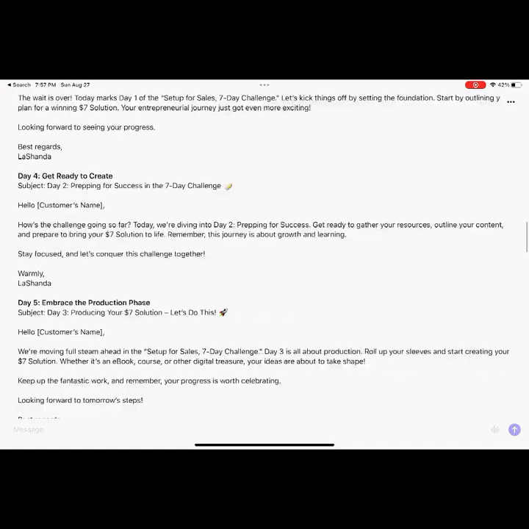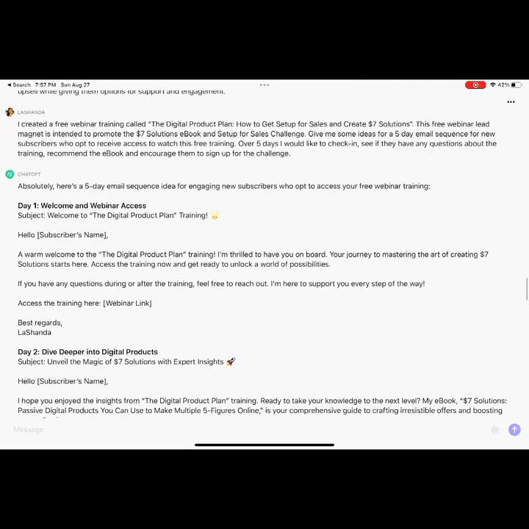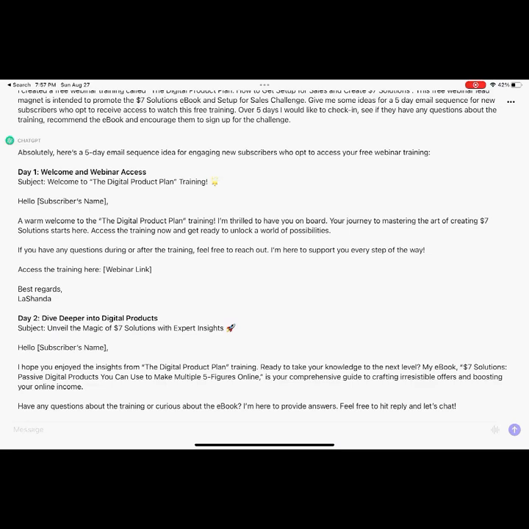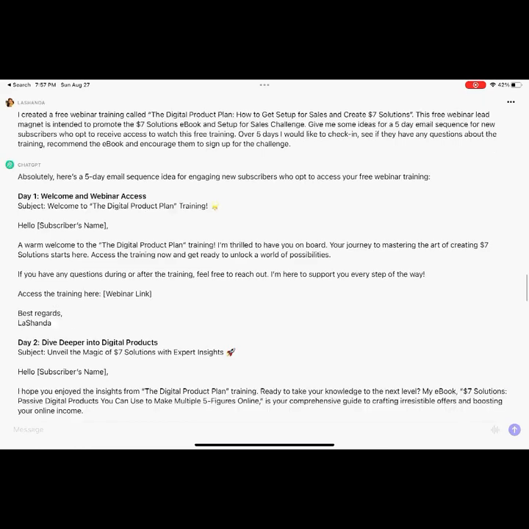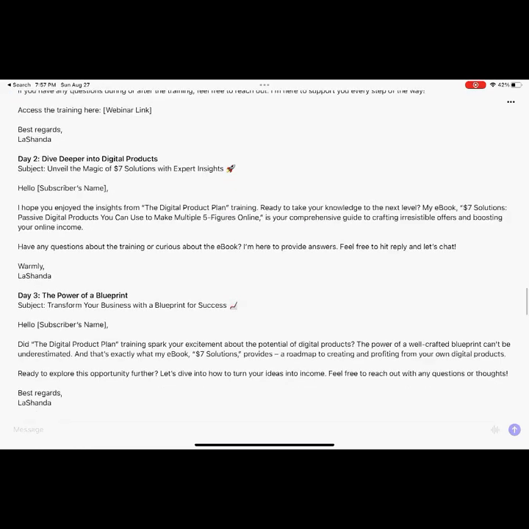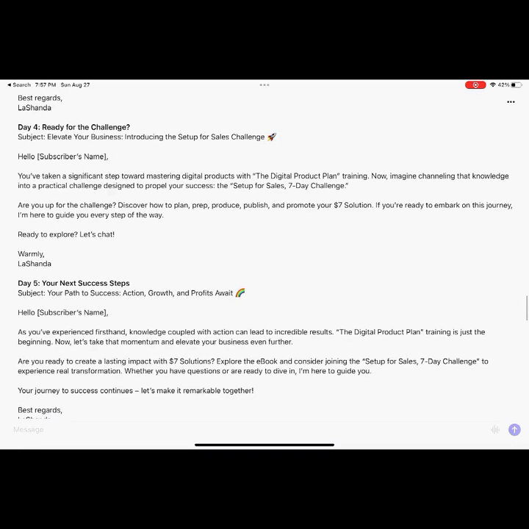And if I look down here, okay, so here it goes. It says, here is your 5-day email sequence. And literally, once I put in that request, it wrote 5 days of emails for me, right? Now, you can put these emails into your platform if you're using ConvertKit or MailChimp or whatever you're using. You can ask your team, your virtual assistant, or if you work with me, to help you set up your email sequence.